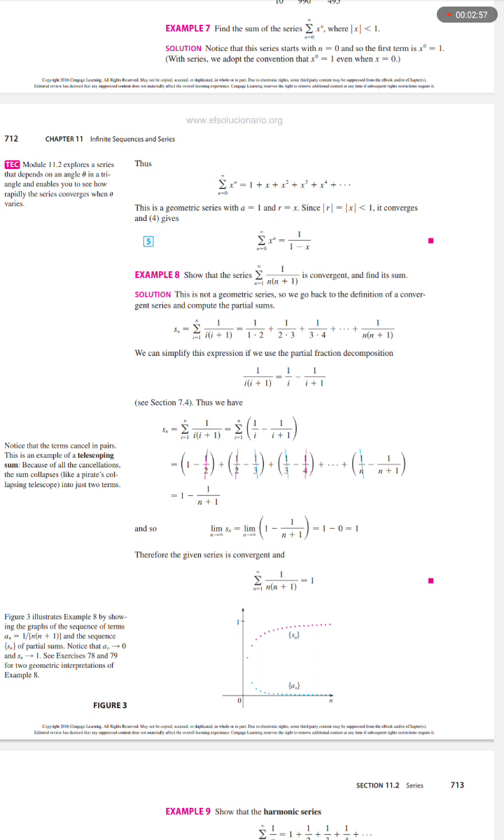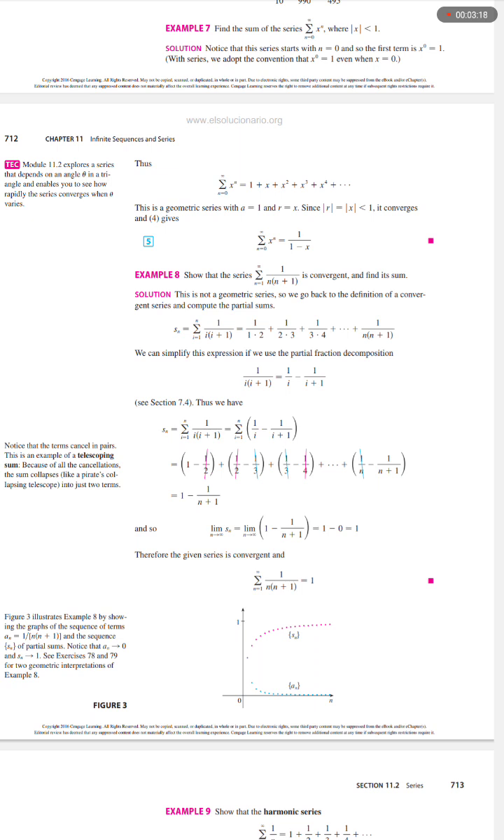We can simplify this expression if we use the partial fraction decomposition. 1 over i times i plus 1 equals 1 over i minus 1 over i plus 1. See section 7.4. Thus we have